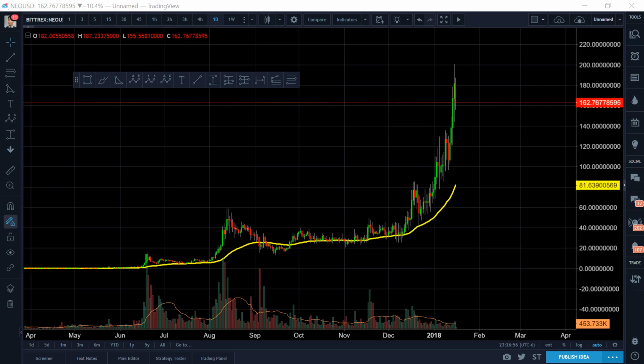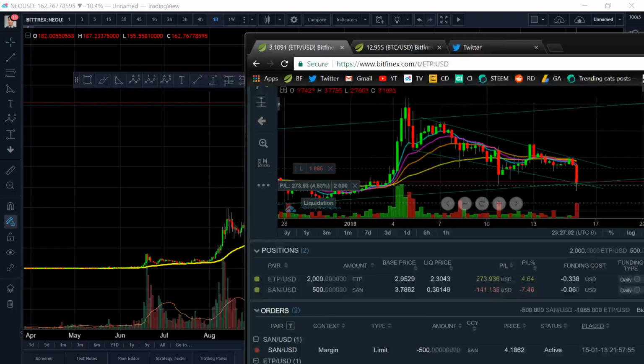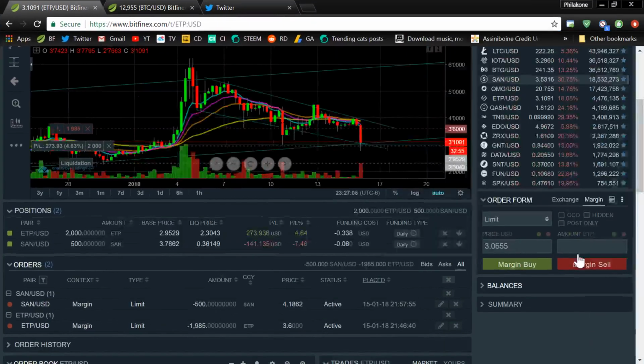So I'm doing pretty bad and good in my trades, I guess? I don't know. It's doing not bad. What do you guys think? I'm interested in 2 trades right now for fun. I'm $273 up for ETP, but don't worry, I know some of you guys are going to comment that I'll get liquidated, but I can easily transfer more. I only let myself play with about $8,000 to $10,000 total for day trading. So yeah, but I can transfer more.